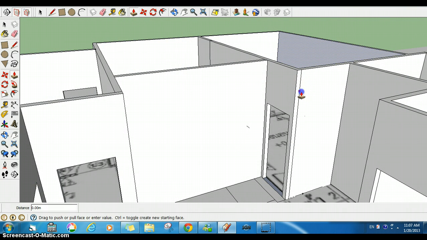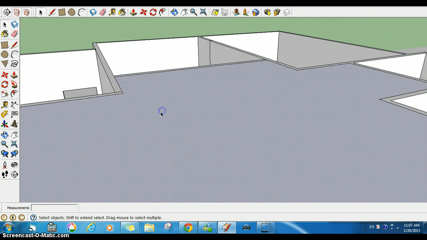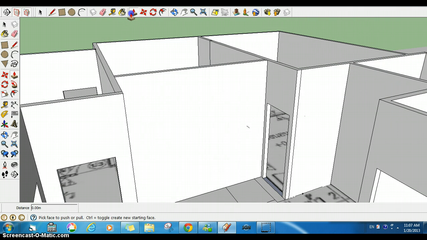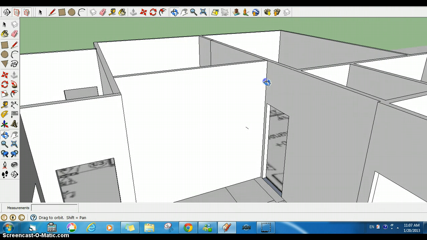Okay, close up this wall here. Escape. Close up this wall. And there. Sorry, I have to redo this, but